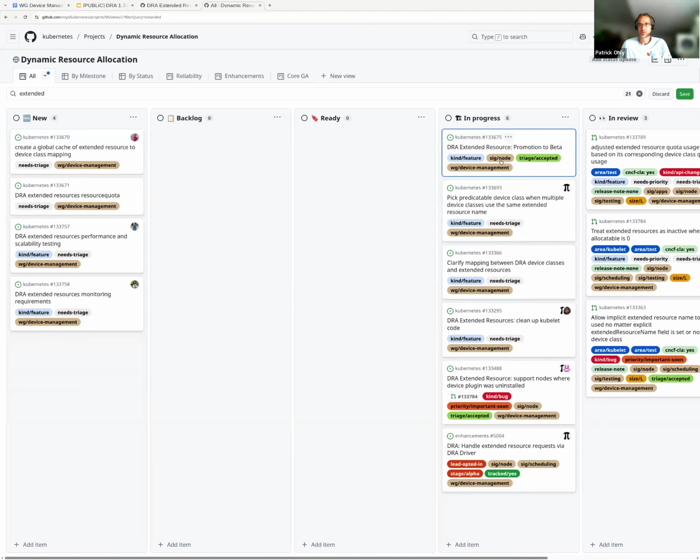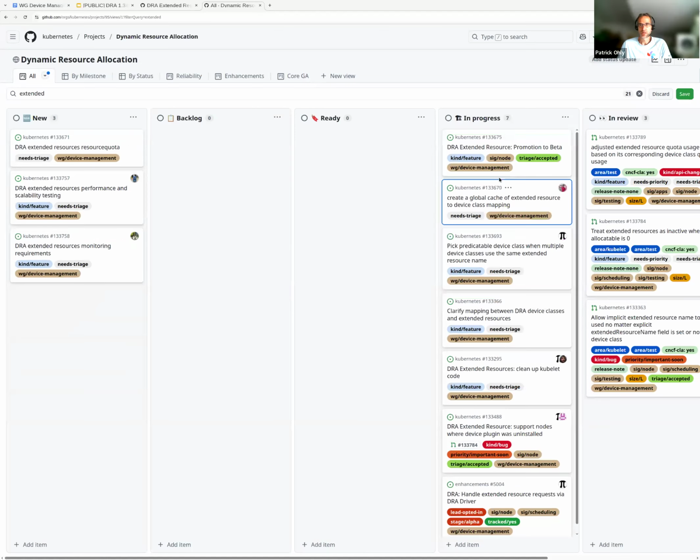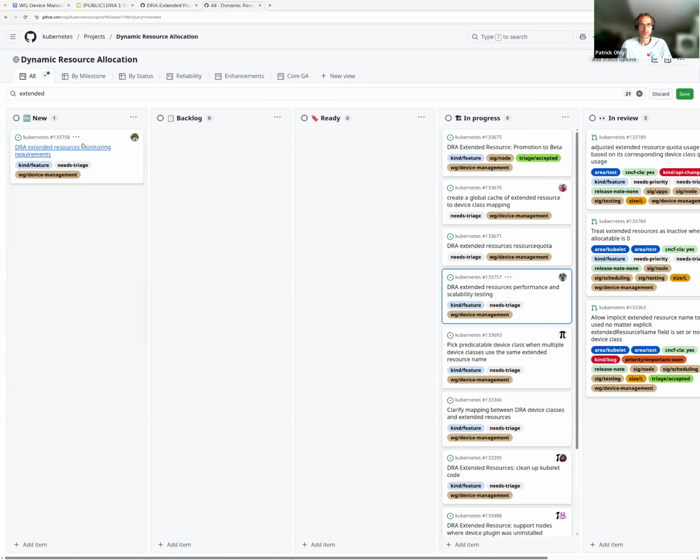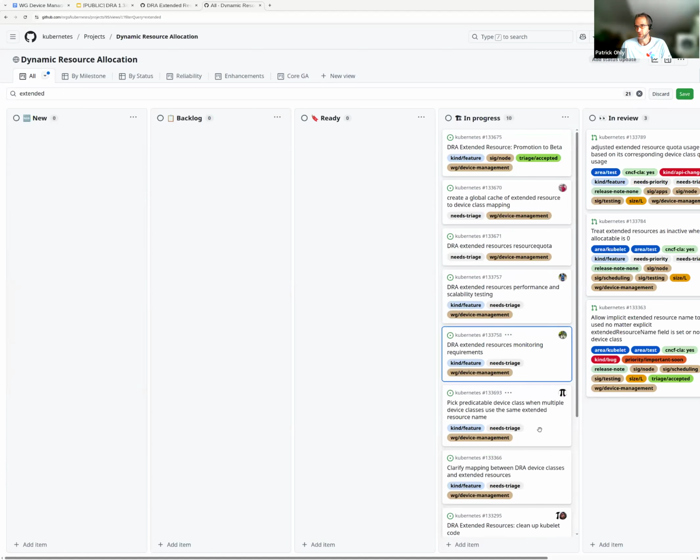That promotion to beta, it is something that we are planning to do. It's an issue that is in progress. The very first one, you already decided that this is worthwhile. I've seen the comments. Basically, if you all have decided that this is something that needs to be worked on in this cycle, we can just move it, and that's it.